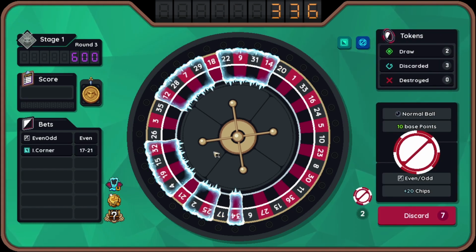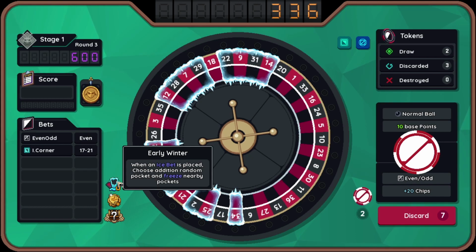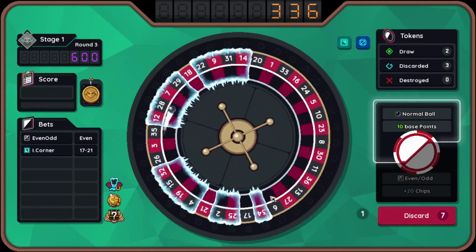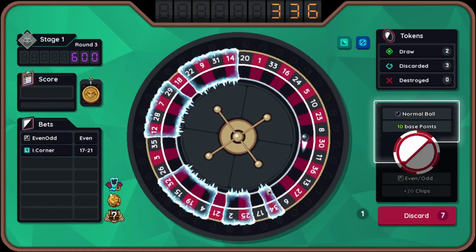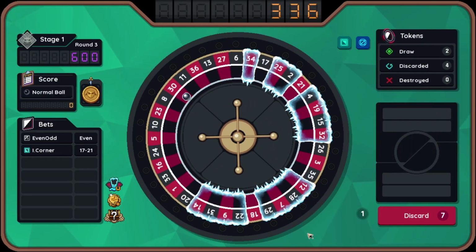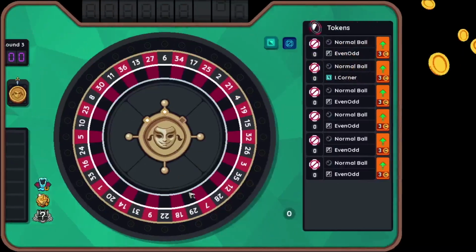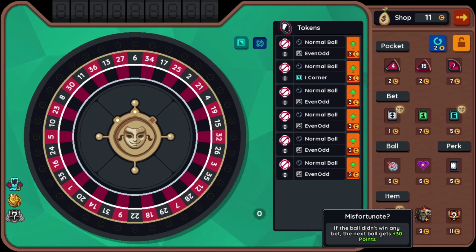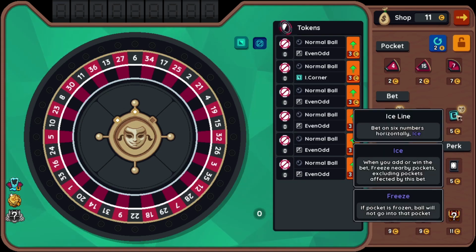Ooh. And some of the pockets... So it does freeze nearby pockets after choosing a number at random. It didn't win the ice corner bet, but it did get the even bet, okay. And I assume I wouldn't be betting with the last token because the game won't let me do that anymore. Because that would result in a game over. And look at that. Oh, but it doesn't have the mask on it anymore. But the ice line does have the mask, so...